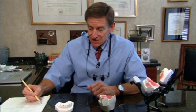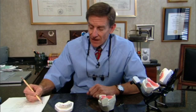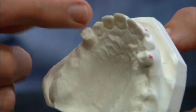We will also be removing today teeth numbers 7 and 10, 5 and 12. We'll be preparing teeth numbers 6, 8, 9, and 11 for provisional crowns or for provisional bridges. And we'll be grafting the sockets of 7 and 10 so that we will preserve some of the hard structures, osseous architecture for pontics. Our treatment plan is to make 2 3-unit bridges